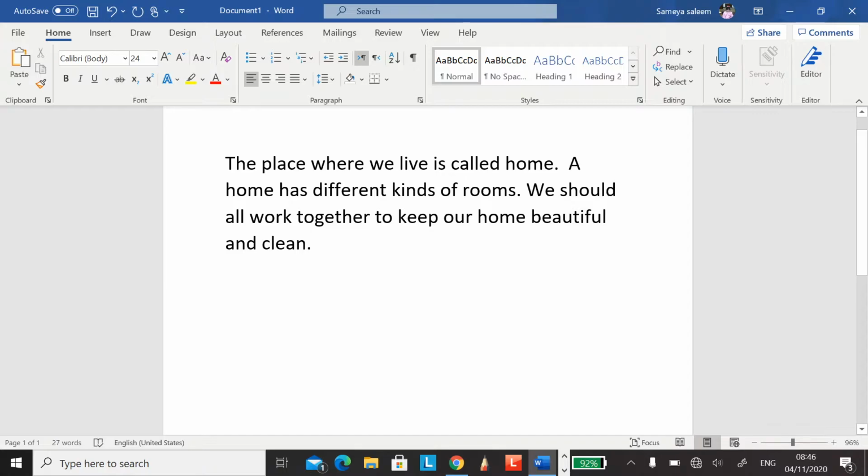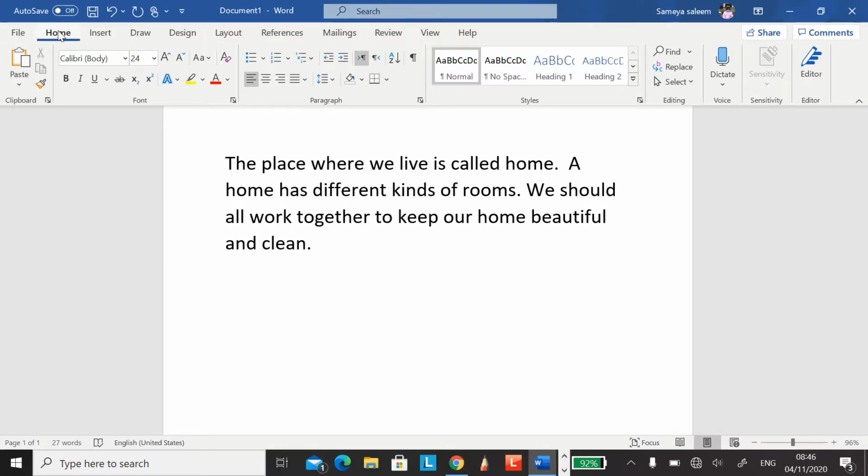Now, this is only four lines. But what if you have written a whole story of 100 pages, 200 pages, and I ask you to search for a specific word in that story? What will you do? Will you read the whole story of 200 pages, word by word again, to look for the word I have asked you? Is it possible? No, it's not possible to go through each word again and again to look for the word Miss Samiha has asked us. How will you do that?